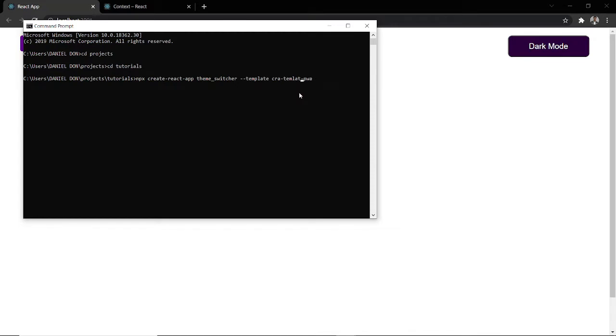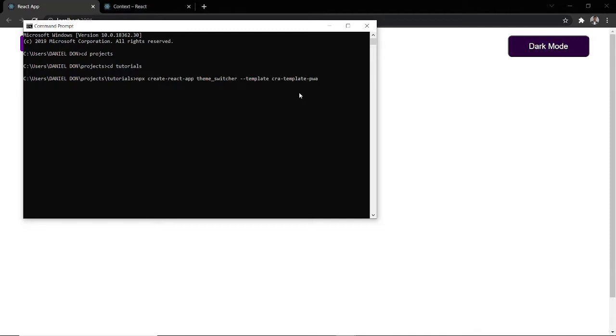Templates. Yeah, so I'm just adding this thing right here. It shouldn't get anyone confused. This is just because I want to make this have the features or settings of service workers and all of that. It doesn't help with Context API. From the cra-template-pwa, I'm just adding a template that will enable the application to have service workers,